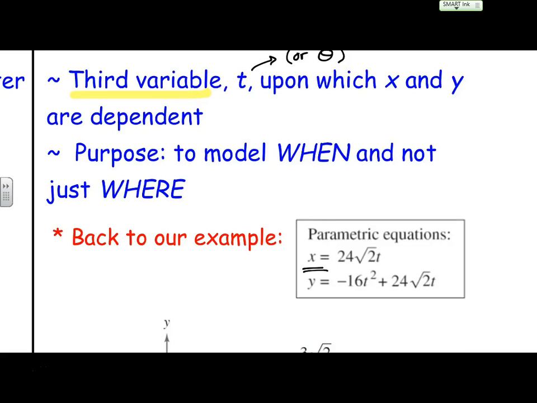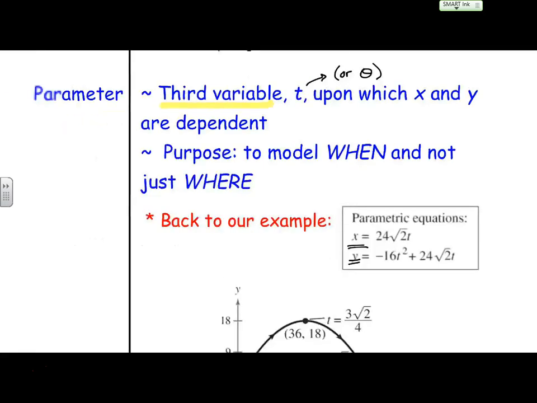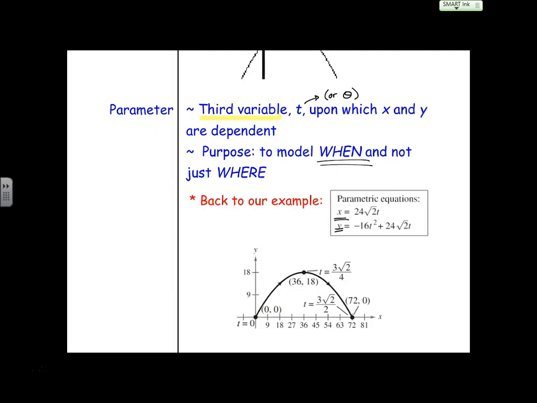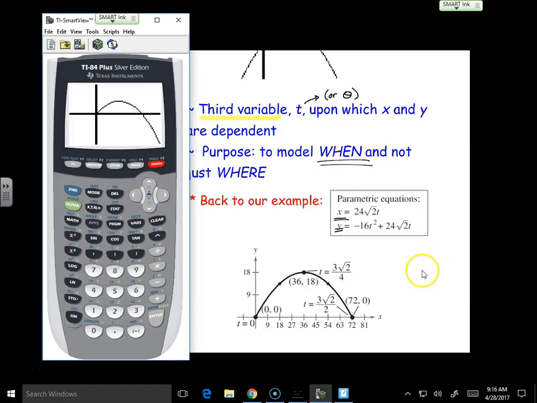We can talk about the actual path that something is moving on with regards to x and y. There's an x motion, a horizontal motion, and a y motion, a vertical motion. And parametric doesn't just show us the where, it shows us the when. Now, can anyone figure out what that statement means and how it describes the difference between what we see here